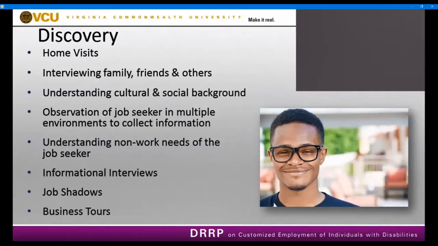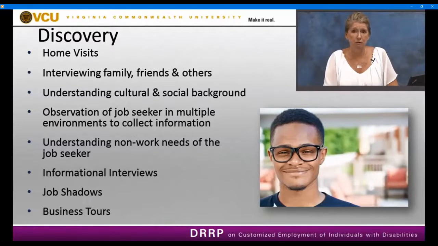It's also important that we understand the individual's cultural and social background. This can affect how the individual or the family sees work in their culture, in their home. It's also important that we understand their role in the family and in the community, and how they view certain things that are important in that community. For example, church is really important here in the South to many of the individuals that we work with. We have some individuals who absolutely will not work on Sundays, and so that's really important that we know that ahead of time so that we can negotiate that with the employer as we look at employment.